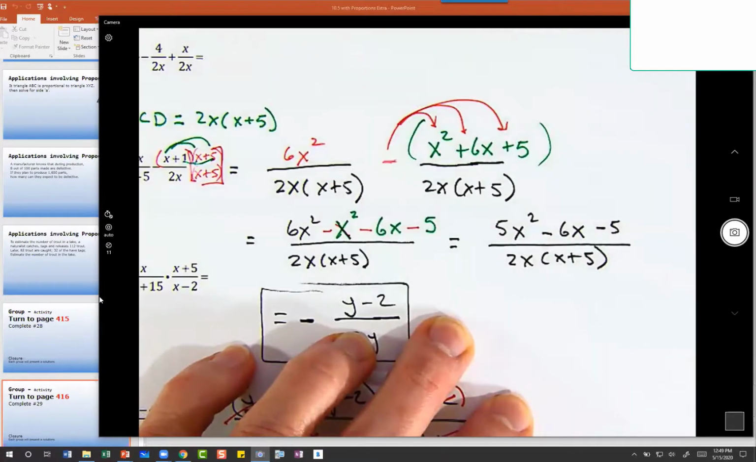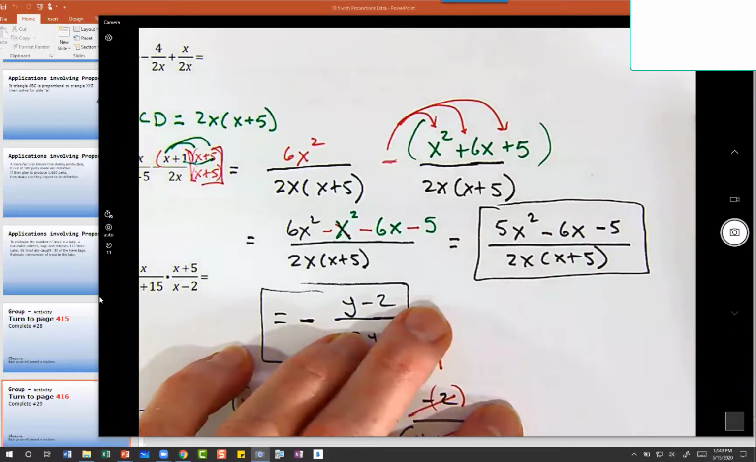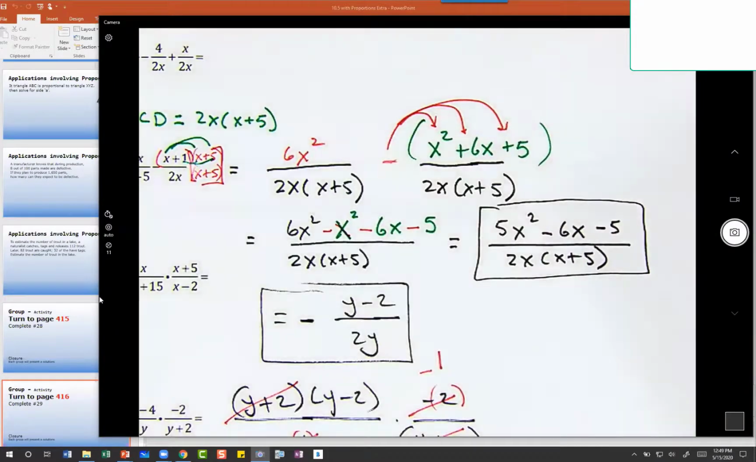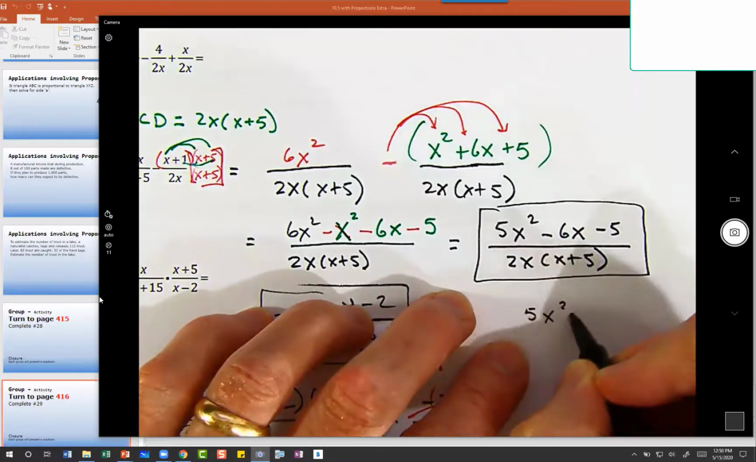It's not going to factor. And since it doesn't factor, we can't reduce, so this is the final answer right here. So we leave the 2x and the x plus 5 alone. We don't distribute the 2x to the... Correct. Because it's not wrong, but we didn't gain anything